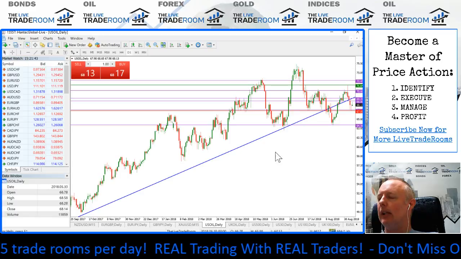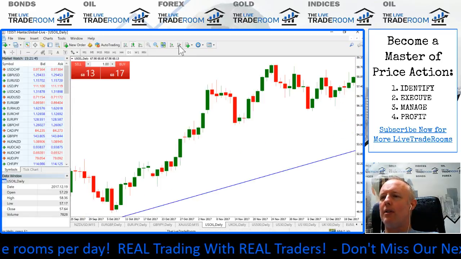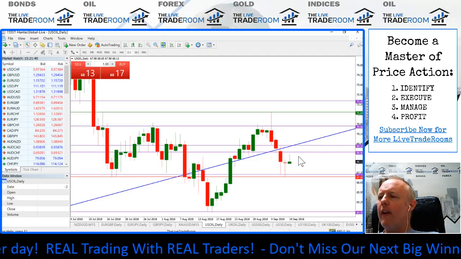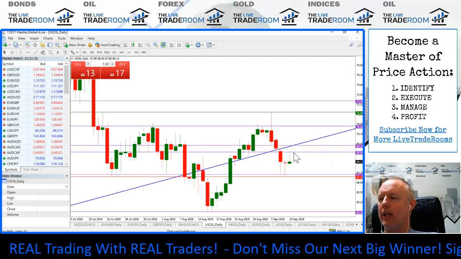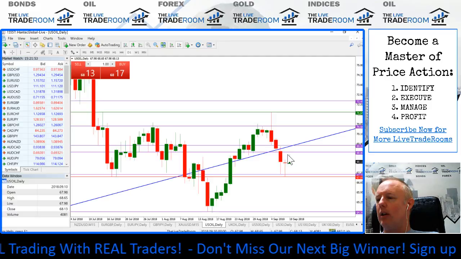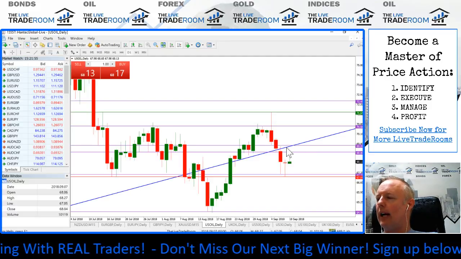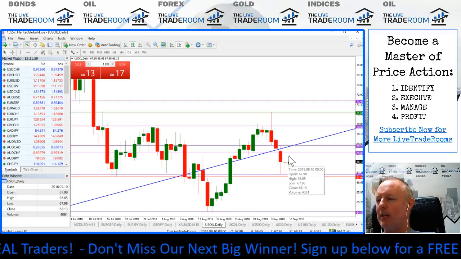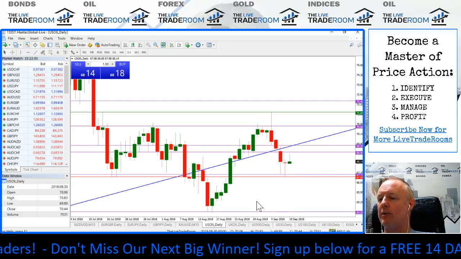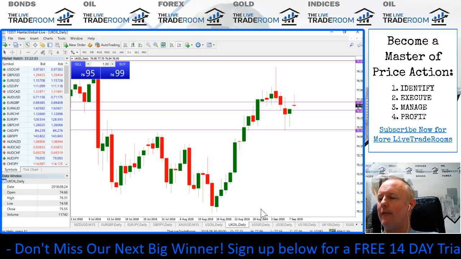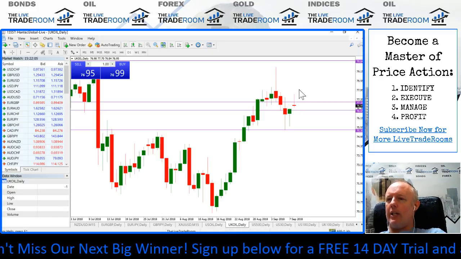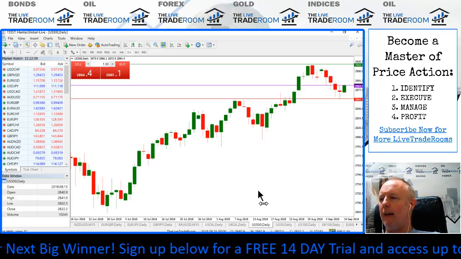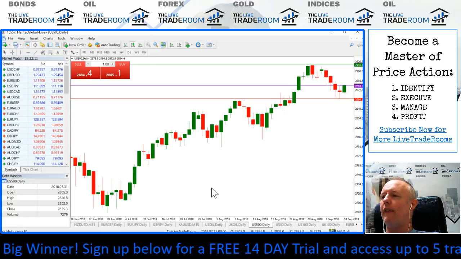US oil, we've now retraced this morning's move to the upside, very likely to come into resistance around the 68.80 level and the $69 level. So it looks like that's what's happened. This market has just rolled over now to the downside, so it doesn't give us a fantastic opportunity to the upside anymore, even though we were looking at it this morning, but we have not seen the follow through.